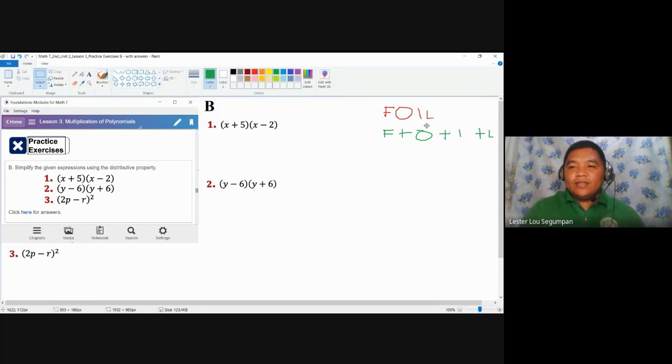So let's have this method for number one. We're still going to distribute, but we're going to use this technique here, the more stylized technique in distributing binomial to binomial only. So let's start. The first term is the product of the first terms, so you have x times x. Notice that I am using parentheses here just to reference the product, even if we could simply write them side by side because they are already coefficients.